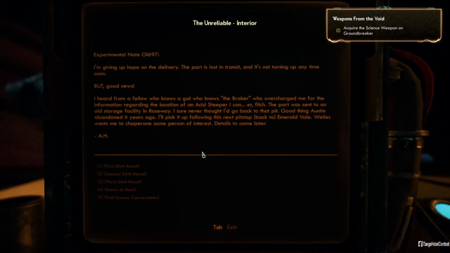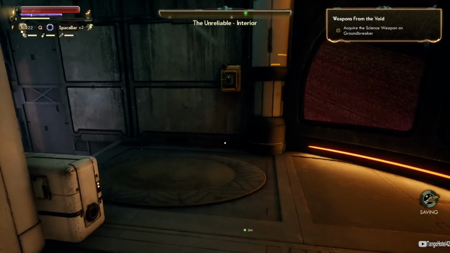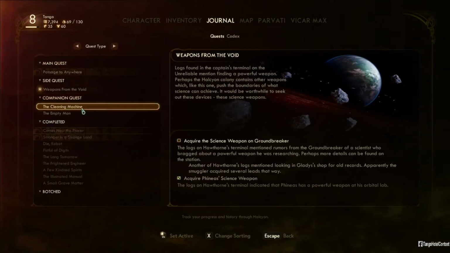Pick it up following the next pit stop in the Emerald Vale. Wellis wants me to be a chaperone to some person of interest. Details to come later. Sweet. All right. So that means that we now have